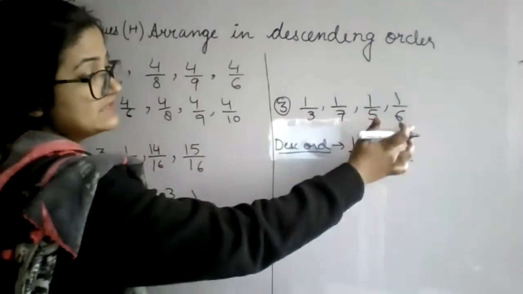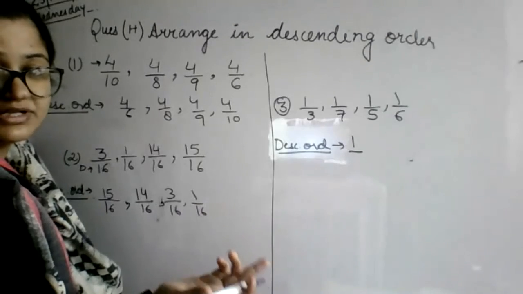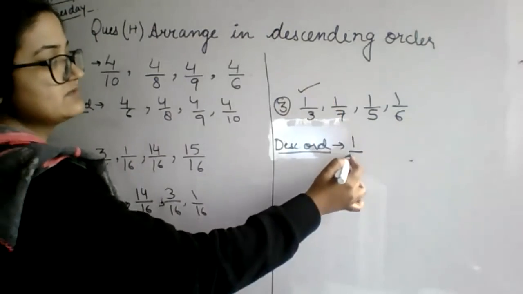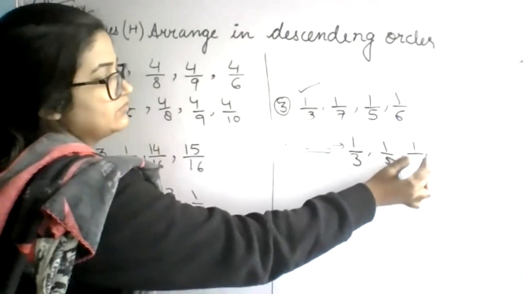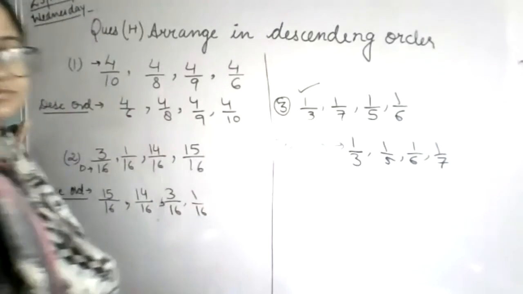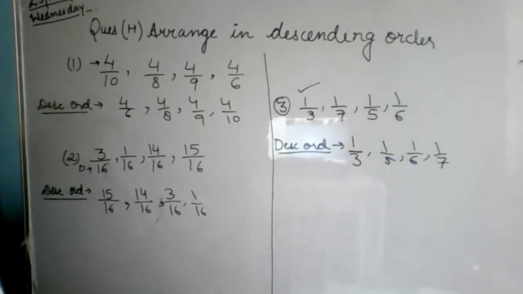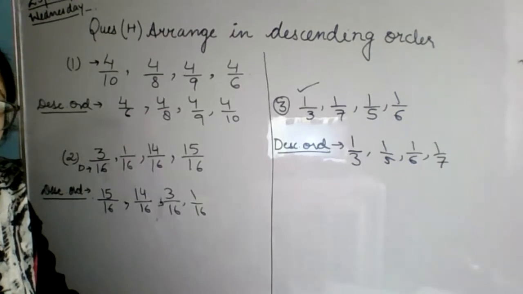So descending order means, okay, numerators are same again. So that means biggest will be the smallest and smallest will be the biggest. And we have to choose the biggest one in descending. So biggest one, 1 upon 3, 1 upon 5, 1 upon 6, and 1 upon 7. Okay, note it down, everyone. Ma'am, my last one is incorrect. It's wrong. Correct it, Pratishtha. See whether the numerators are same or